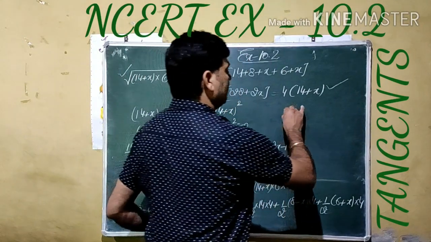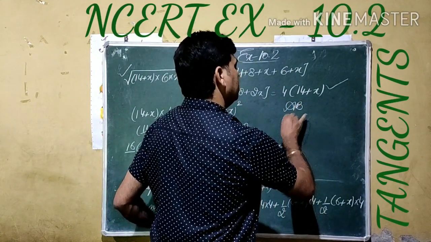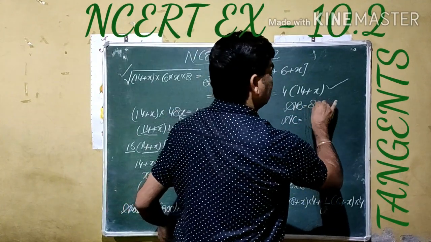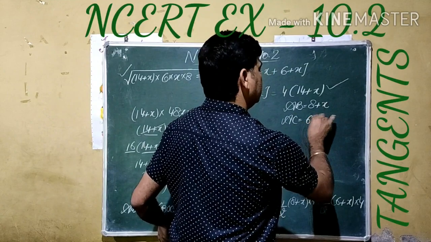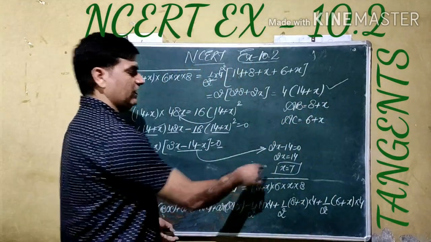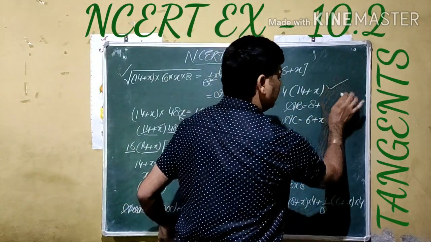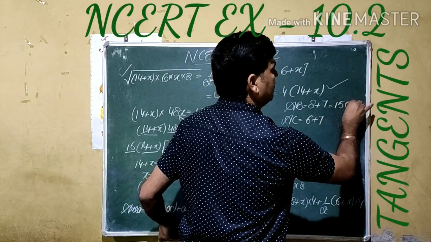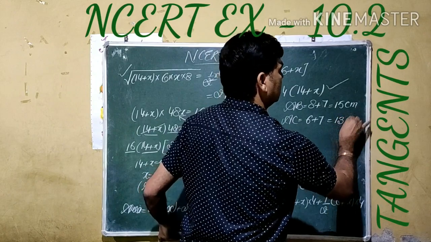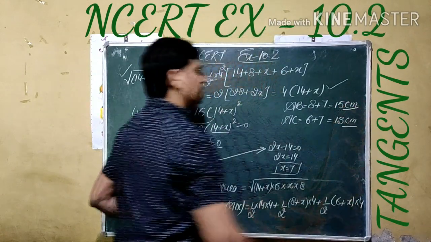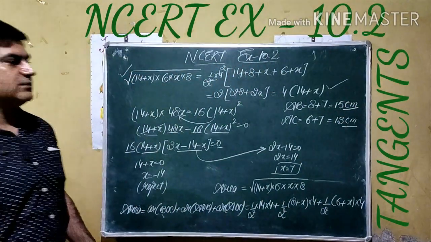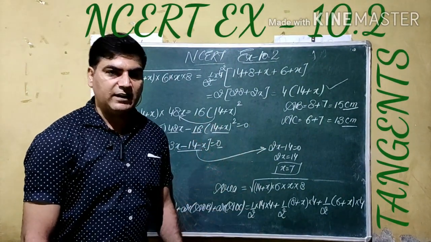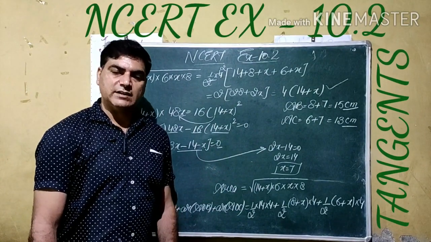Now if we go to calculate AB and AC, in the figure we have AB given by 8 plus x and AC given by 6 plus x. If we replace x by 7, we put 7 in both. So this value becomes 15 centimeters. It becomes 13 centimeters. So like this, we can find the lengths of two sides of a given triangle, in which these two sides are part of a triangle which circumscribes a given circle.